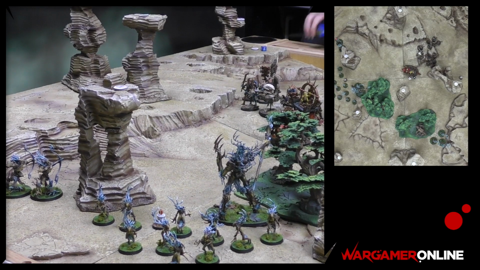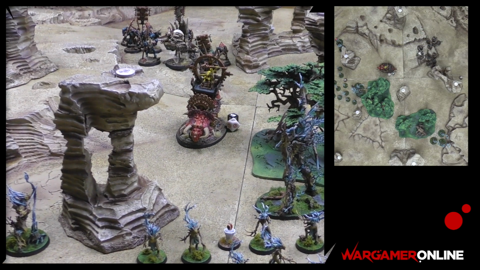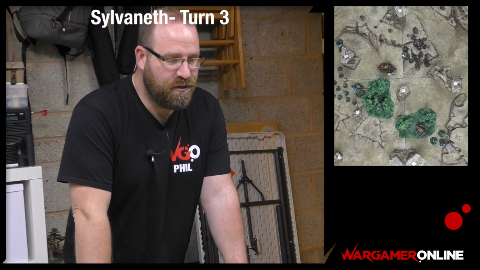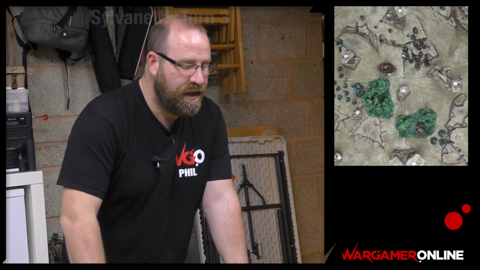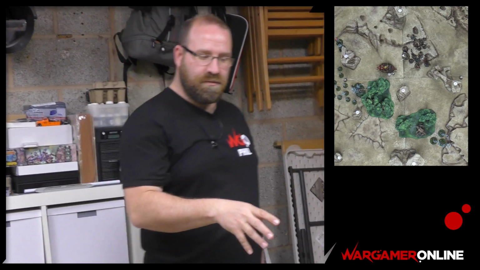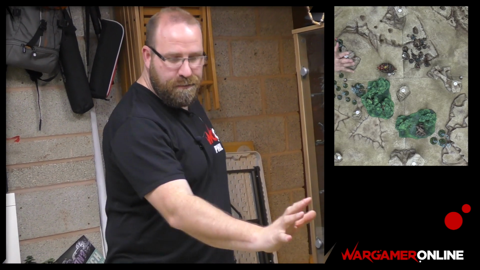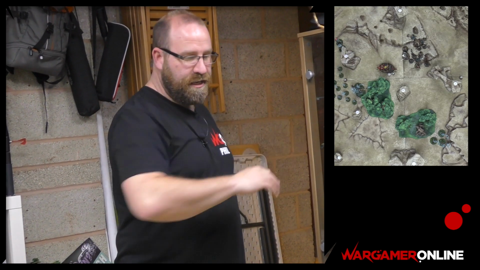I'm just going to go on to movement. So he's going to come down here, and then everything else is going to move 5. Okay, Sylvaneth turn 3. So this is all about, can I get these 2 objectives for this instant win? Because that entire army is pretty indestructible, but it's indestructible when it remains as a tight knot, and that's what Rachel's done. So I'm thinking if I can keep the army back, dash some dryads round the rear,